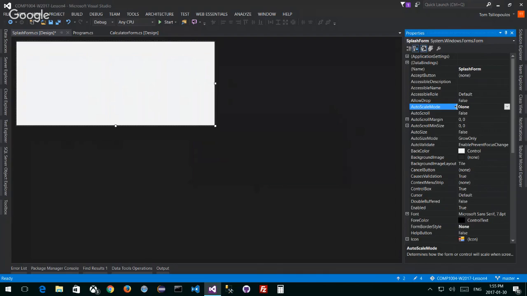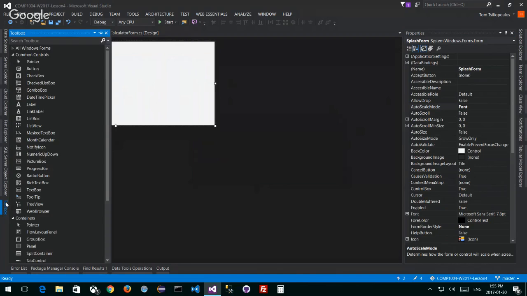Yes, there is. There are different ways of doing it. You can do it with code. There's not a way of doing it automatically, because what this auto scale mode means is whatever the font size, it'll rescale the form according to the font. So if my font size is big, my form will be big. And to show you that, if I went to font again, which is what it was,